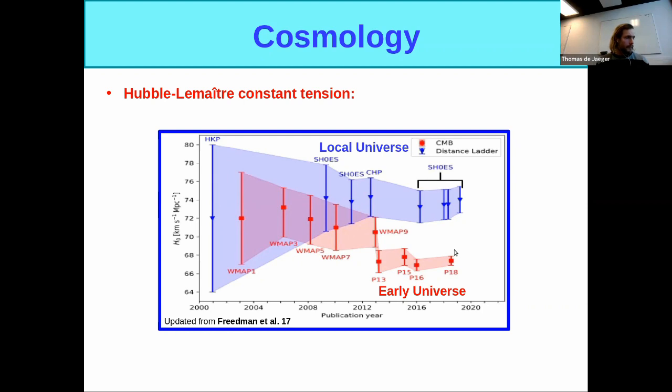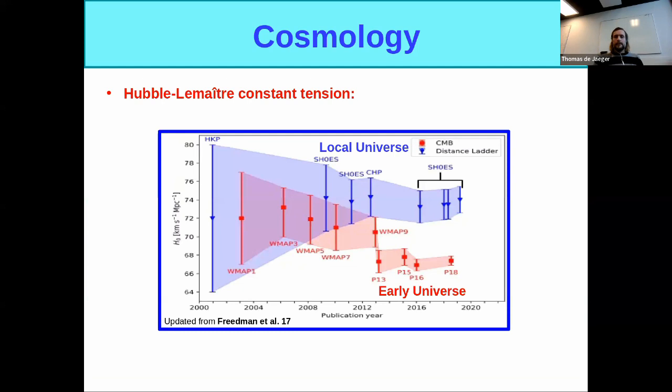So there are different ways to understand if this tension is real or not. The first one is, of course, to work on those two methods and look at the systematic errors and try to find if there is an issue, maybe with the Cepheid calibration or other. The other way is to use an independent method with different systematic errors and try to see if we also find a tension or not. And this is what I propose with the type 2.